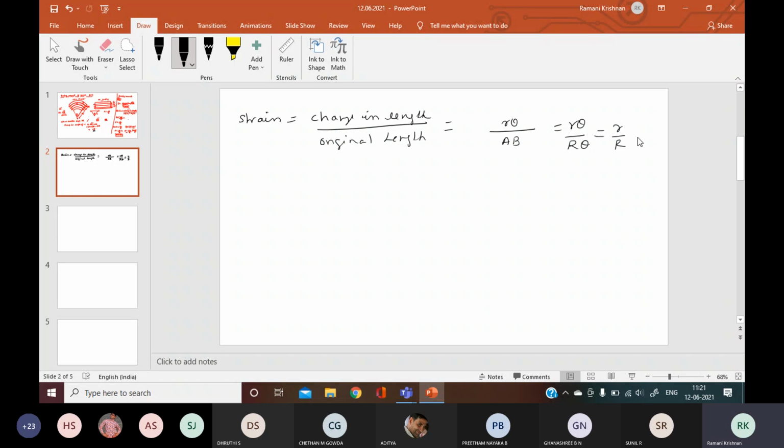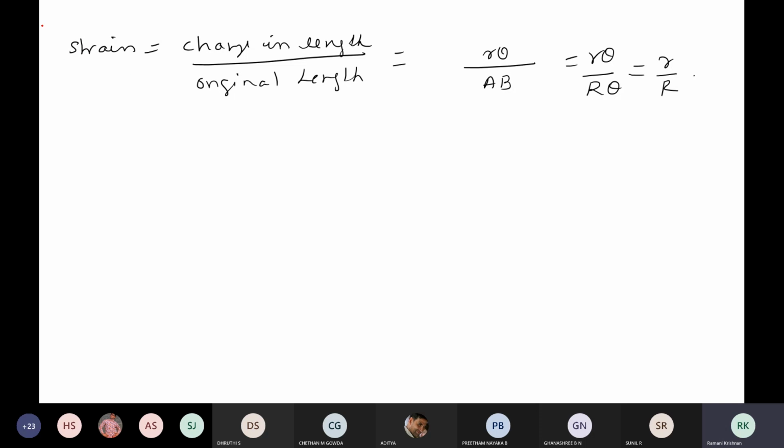Isn't it? Shall I repeat this again? I'll repeat it after I finish the whole thing. No, we'll do it again, right? Okay, so this I get. Right. Now I got strain. This is longitudinal strain because the change is going along the length. Length is changing, not the volume, or the body is not getting sheared also. Right. Okay. So I have to talk about Young's modulus because the length is changing. So Young's modulus. Okay. What is the definition for Young's modulus?